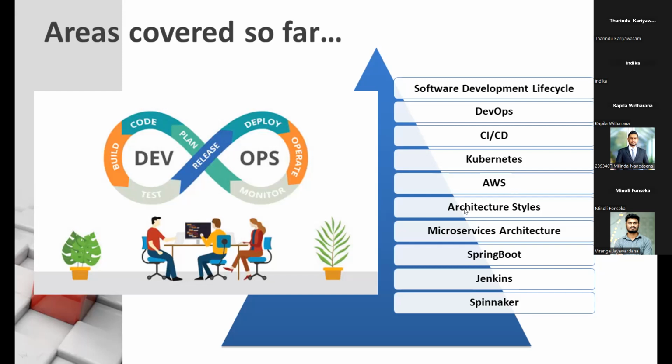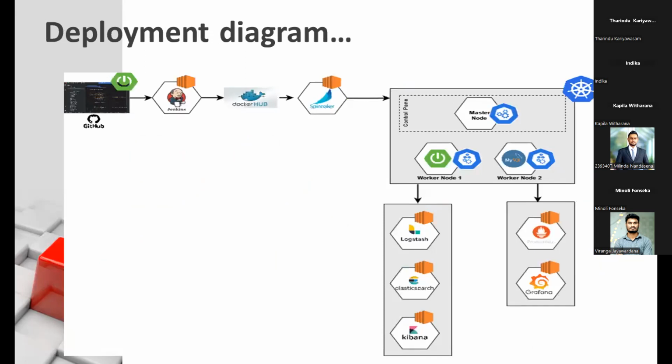And we also discussed architecture styles, as you can remember. Many different architecture styles, especially microservices, and the tool stack, like Spring Boot: what the benefits are and why we need Spring Boot. And during the last session we covered Jenkins and Spinnaker. And I would say we have covered almost everything